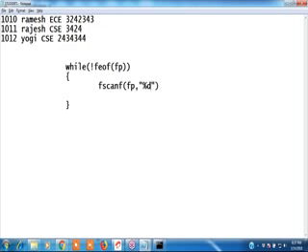What are the values I want to read? %d, %s, %s, %s, %s. Don't use spaces. The first value is the student number, so read the student number. For the student name, the address is not required. For the branch, the address is also not required. The phone number also is not required. We can read like this.